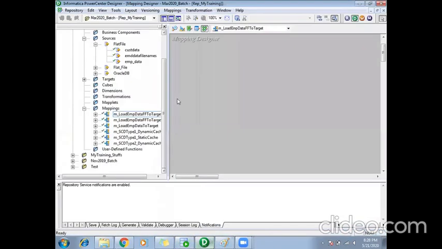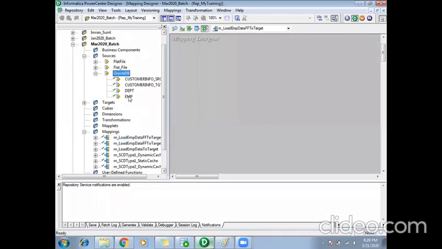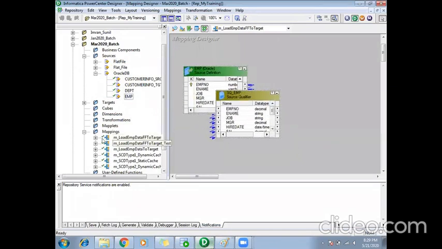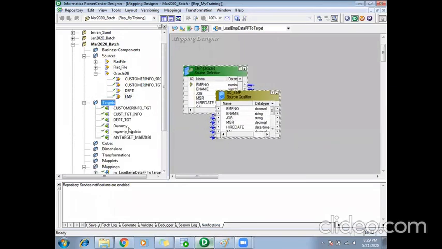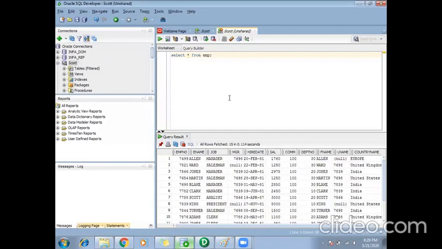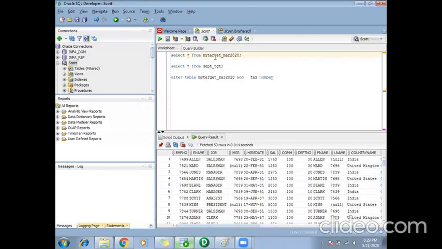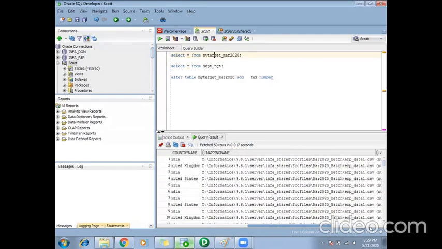So we'll take this table as our source, and I will load it to my target table, my EMP target. I have modified my employee tables and added some ports in my target. Sorry, in my target table it is modified. So we'll try to re-import the target and then use it.